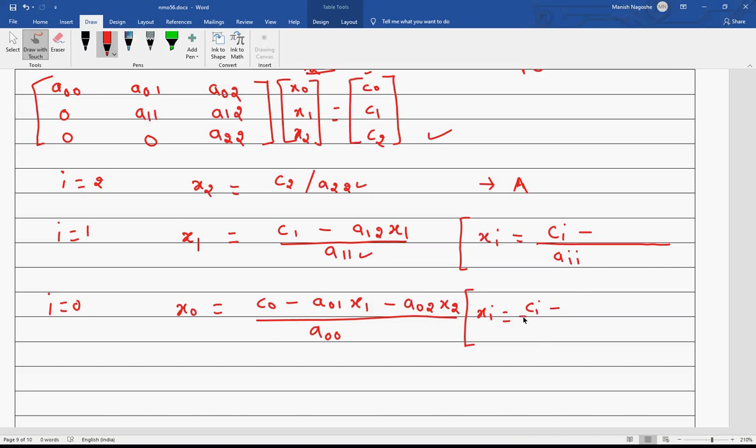Here it was one term only, and in the denominator I have the term always a00, that is the diagonal. So I can label it aii. Now what I am observing in this case is that this is i, this is i, this is i. Now what about this? This is also i, because i is 0. This is also i, because i is 0. And what about this? These two are different, so let us write this first.